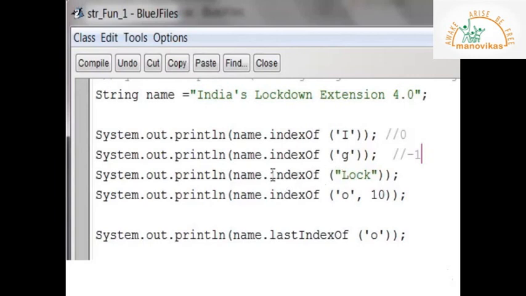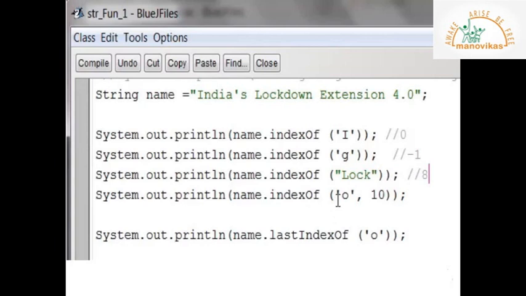The next one is index of, there are 4 letters. When there are more than one letter, we call it a string. So we are searching if the substring is available in your original string. It is found, the substring is there. So it will display the index of the start of the substring. So it will be 0, 1, 2, 3, 4, 5, 6, 7 and 8. So your output will be 8.